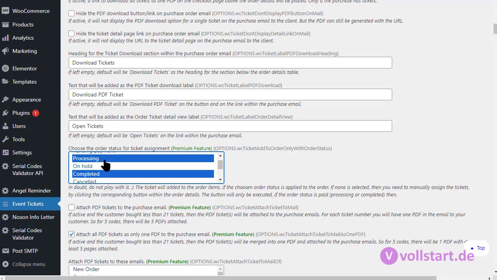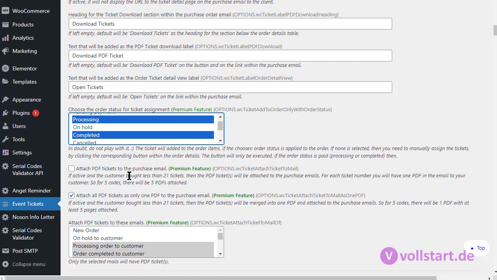You can also say only on completed if you don't want to have them at the processing. This makes sense if you really want to process and you're still not sure about the room, the location. You want to count how many people are going to come, and then decide later to change the location information on the ticket, and then maybe removing this from the processing here. If you don't add the PDF, detail view and ticket view, you can send out this with processing, because the order detail information will be updated anyway live right before they're entering the location.